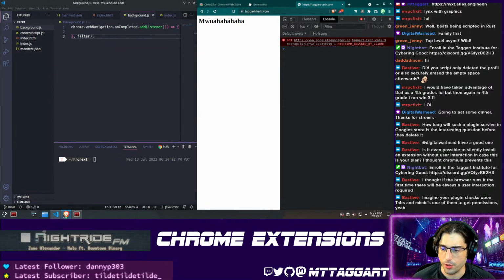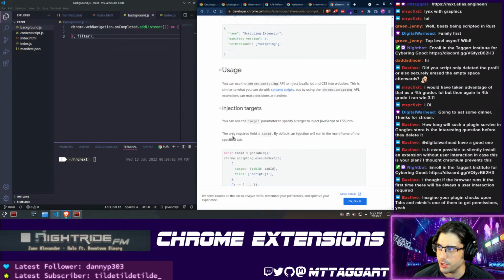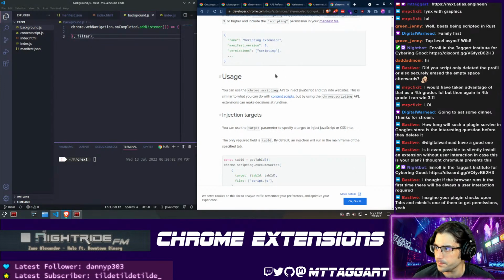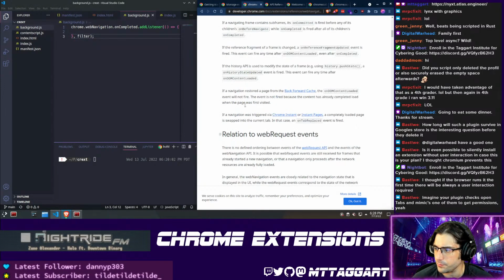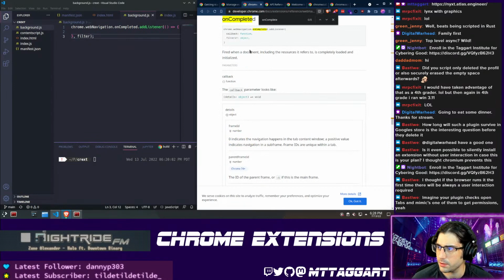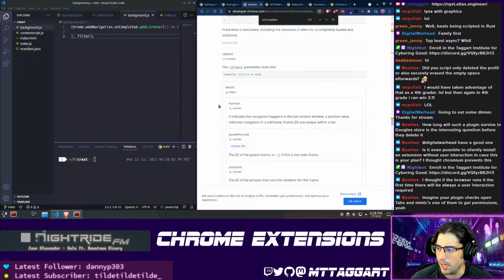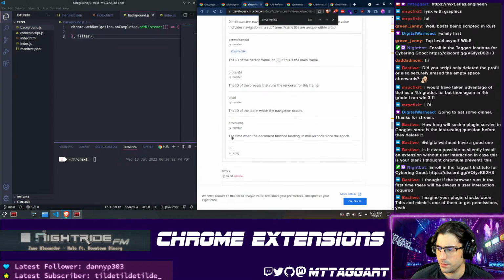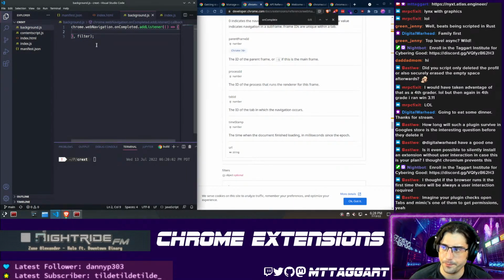I want to know what else you can do with Chrome web navigation, though. Let's not get too ahead of ourselves. On completed, the object contains URL. So what we're going to do with this is